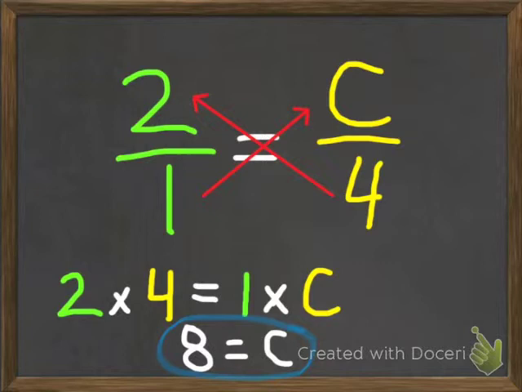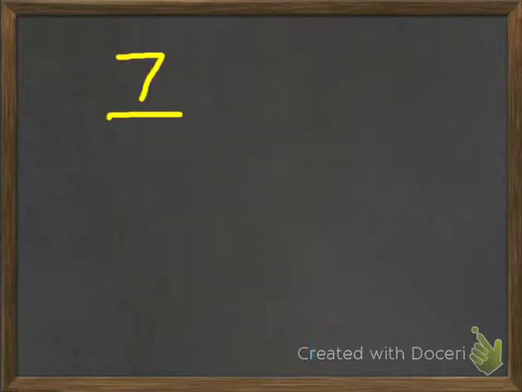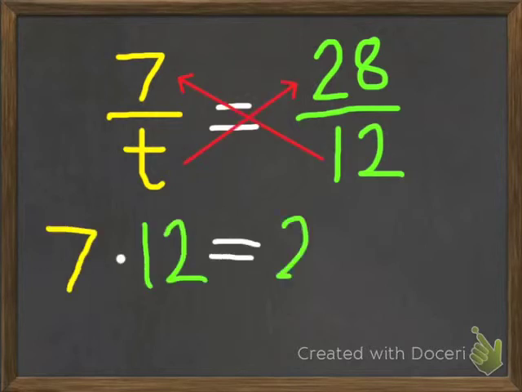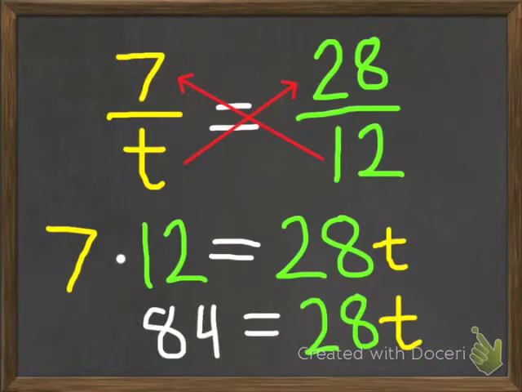So that was a pretty easy one, but let's look at another one. So here we have 7 over t is equal to 28 over 12. So remember, just like we did in the last problem, we need to cross multiply. So we do our cross multiplication, and that gives us that 7 times 12 is equal to 28 times t. Okay? So we do our 7 times 12, and that means that 84 is equal to 28 times t. So now,